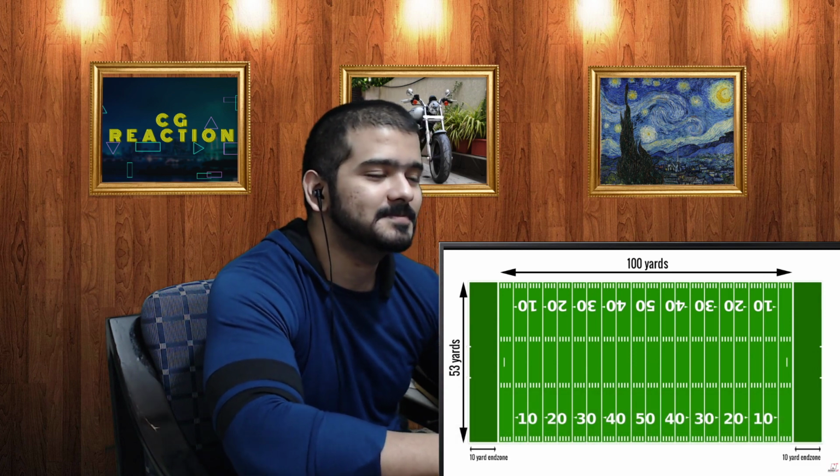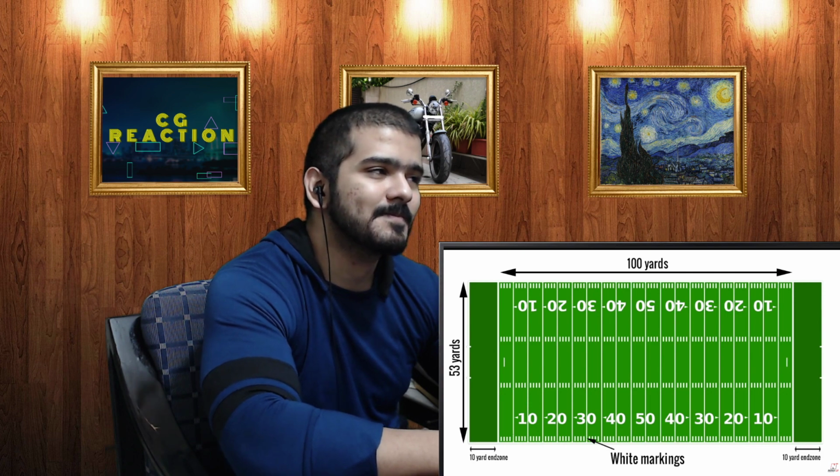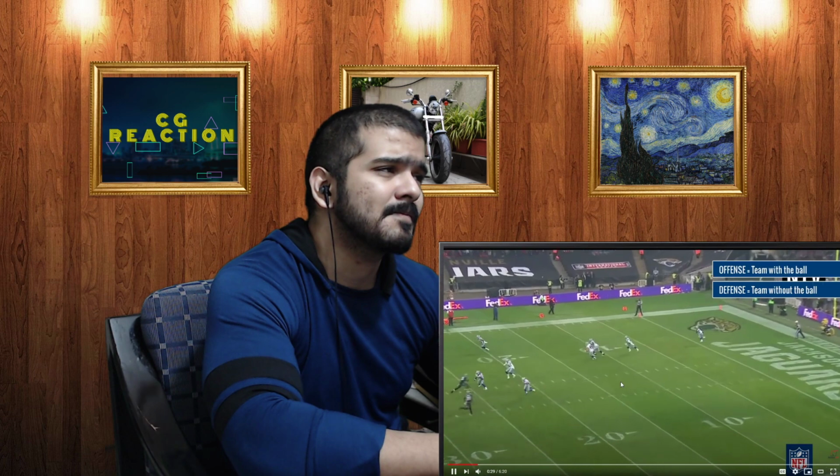Yards wide, with two 10-yard end zones at each end. White markings on the field help players, referees and spectators keep track of what's going on. The game starts with a kickoff. The team with possession of the ball is known as the offense, and the team without the ball